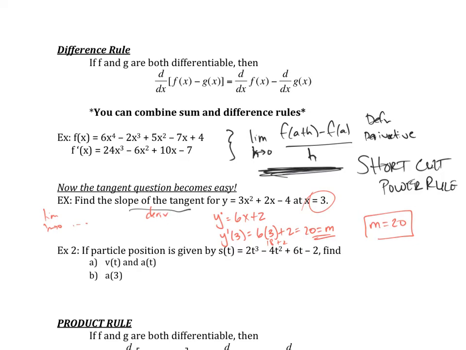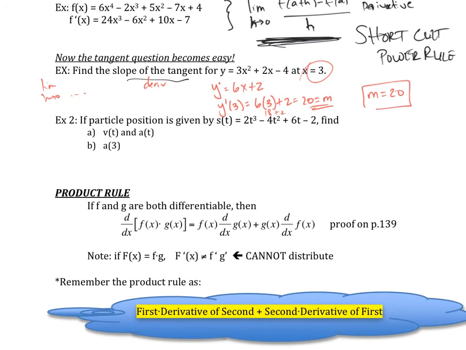We can move on to these particle position questions. We could find the velocity and the acceleration. So here's how we're going to do these. To find the velocity, velocity is the derivative of the position, right? We talked about that. So now I could just take the derivative of this and I'll get the velocity function,